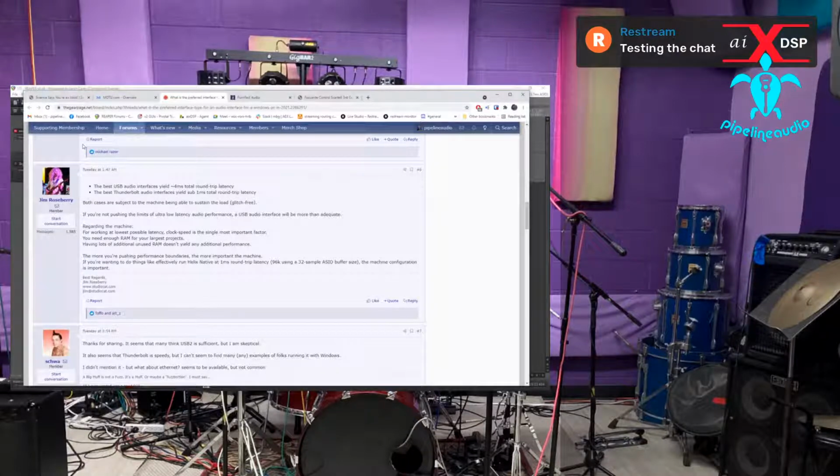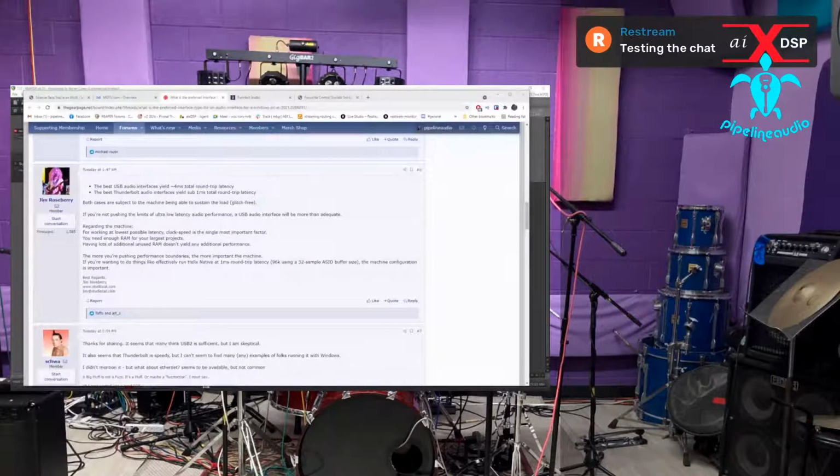So you guys with your Ryzens with like 50,000 cores or whatever, that may not matter that much to your low latency performance if you're running a bunch of plugins and stuff. It's going to be your single core processing speed that's going to make the big fat difference in most DAWs. There's some DAWs that just run crappy no matter what, and it actually might run better with multi-cores. But